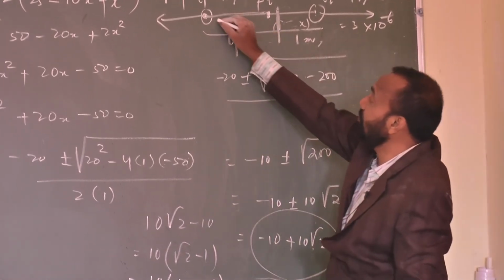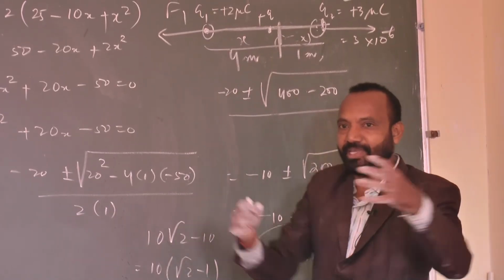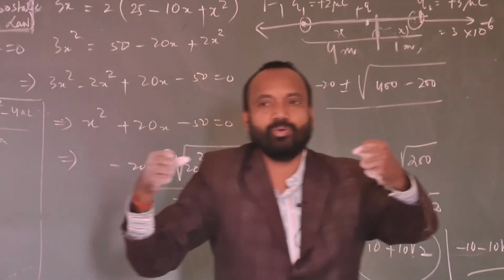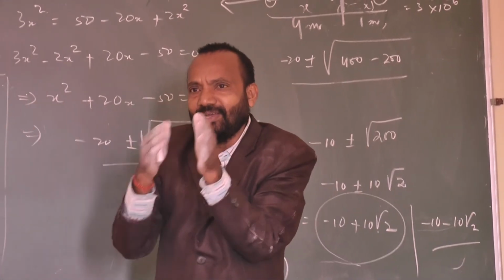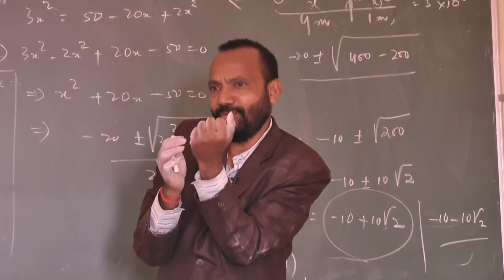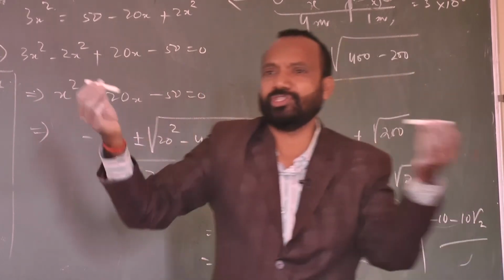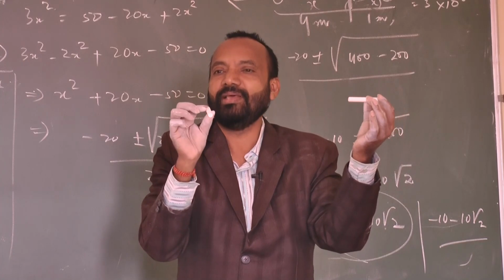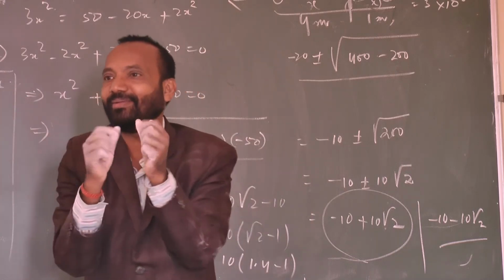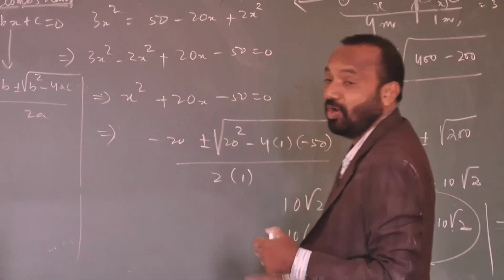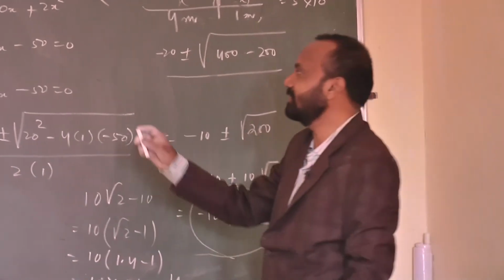Suppose equilibrium position, what is that? Suppose two like charges are there. Where should the point charge be placed so that the force will be in equilibrium? In between the two charges. For example, one repulsive force is going in that direction. So I have to place a point charge in the middle, so that equilibrium force will be there. This is F1 force, this is F2 force. The force of interaction will take place in between, and it remains balanced. Balanced force is called equilibrium force.